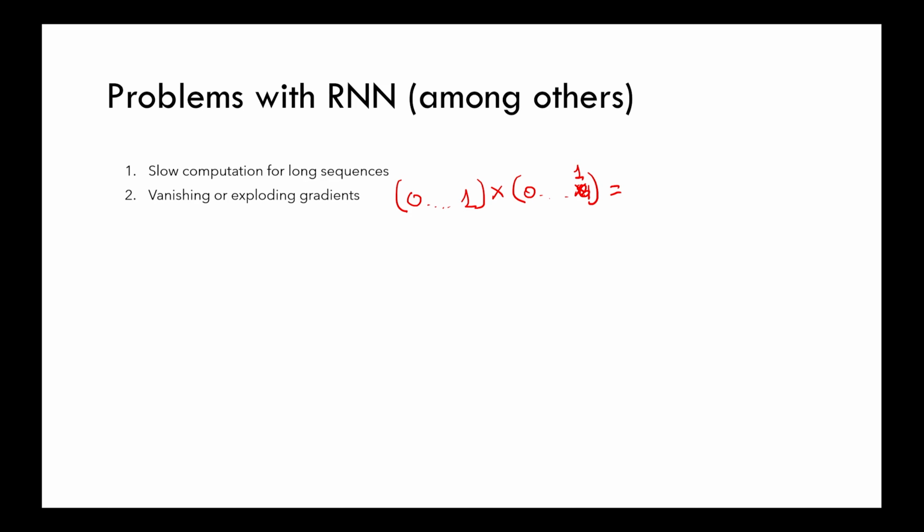And if we get a number that is between 1 and infinity, and then we multiply by another number that is between 1 and infinity, we will get a number that is bigger than both of them. So the gradients will either explode or vanish. And this is not good because in one case the neural network will not train because the gradient will move